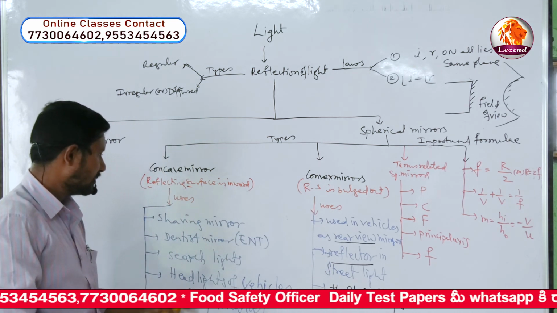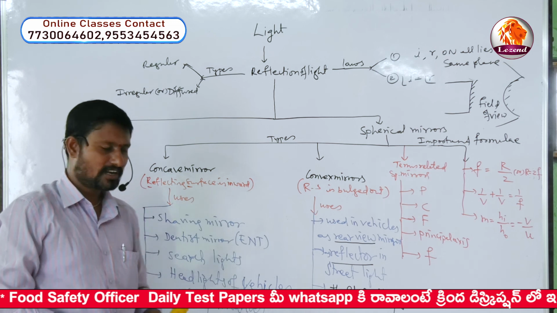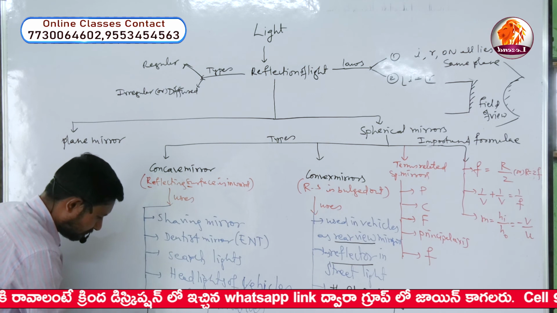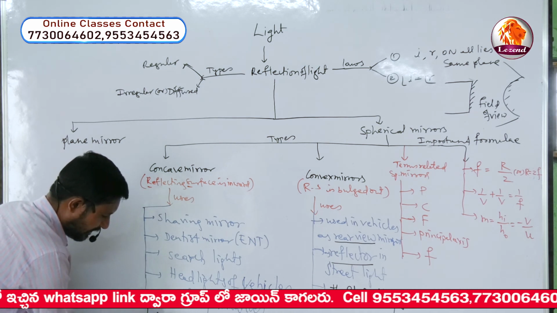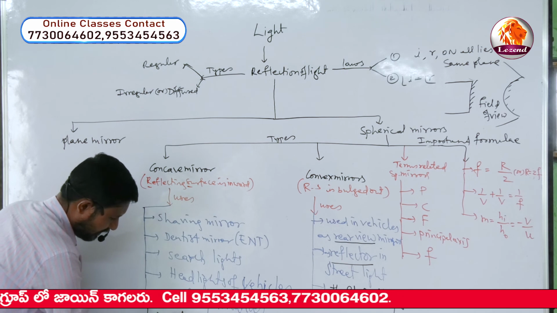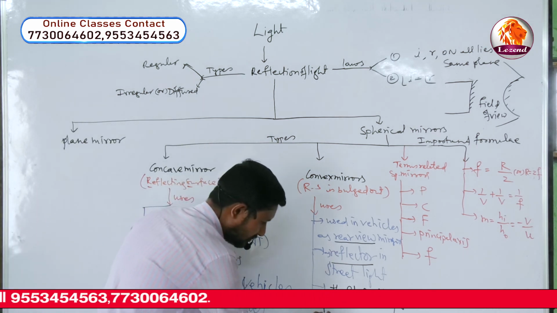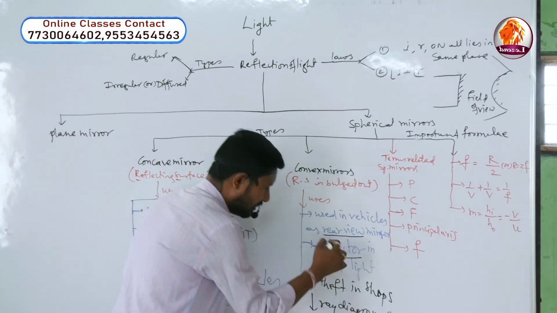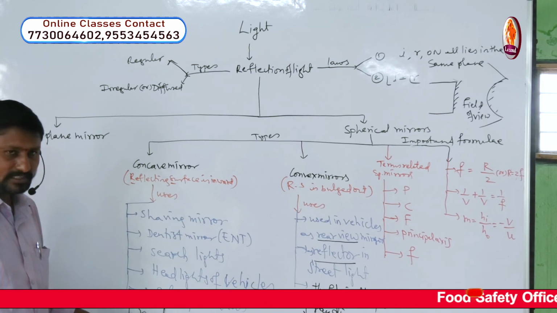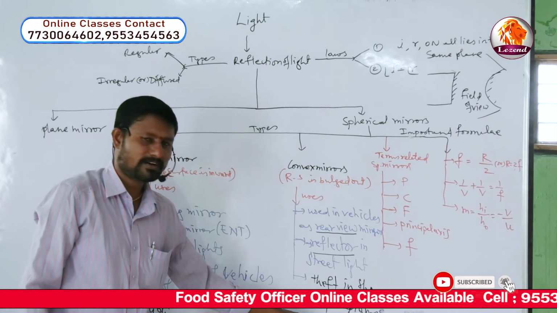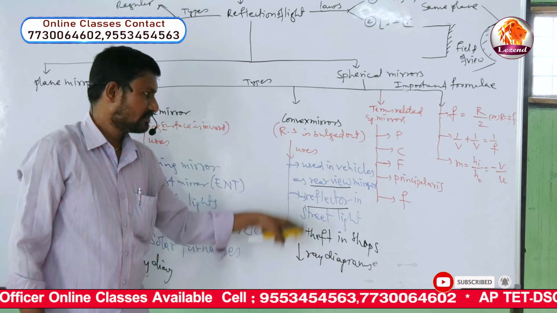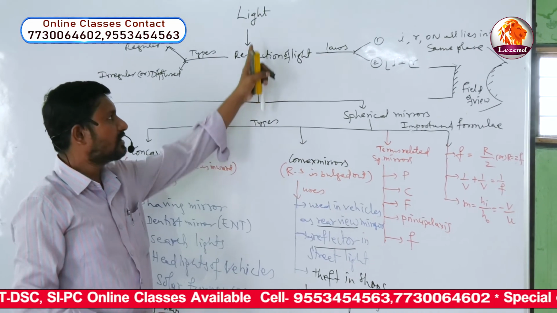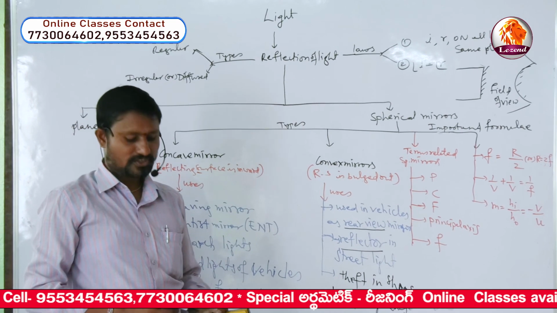So this is about the uses of concave and convex mirrors, and we can enlarge this flow chart. And one more here, ray diagrams for the concave mirror, and here also ray diagrams for the convex mirror. We can continue with this. Here at 6 places you will get it, and at 2 different places you will get the convex mirror. So this is the complete view of what we have discussed about the reflection of light in the light chapter.